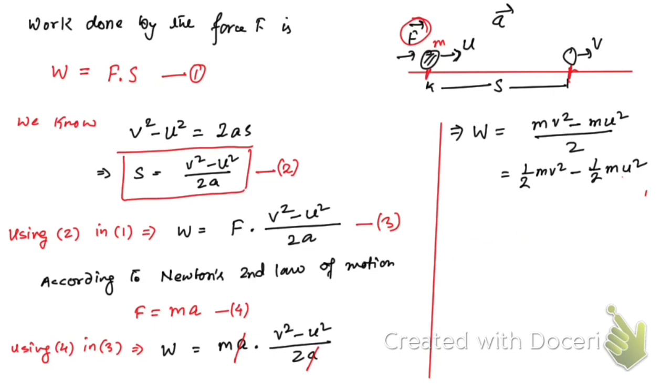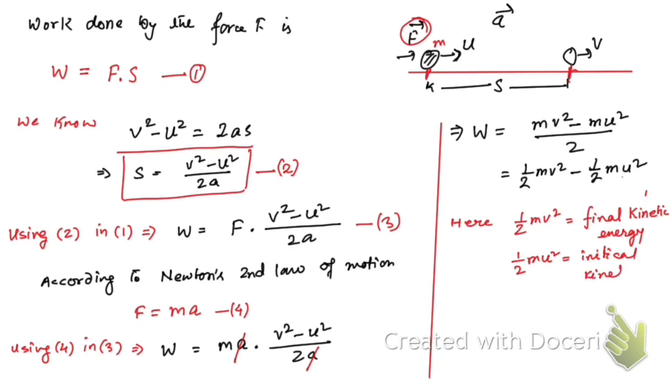So what we can do now, we can write this way. Half mv square is equal to the final kinetic energy, and half mu square is equal to the initial kinetic energy. Therefore W is equal to, we can write, final kinetic energy